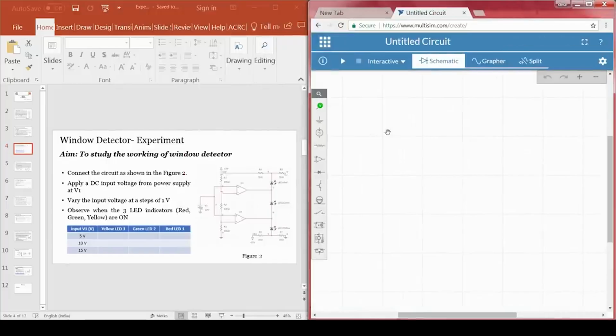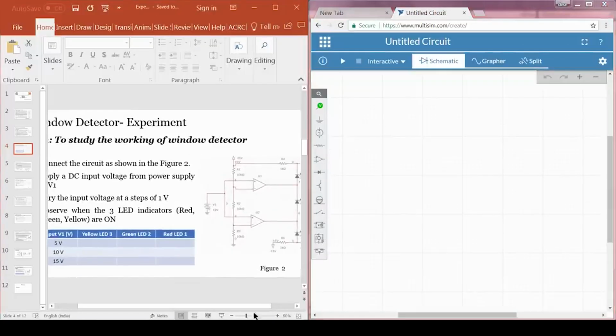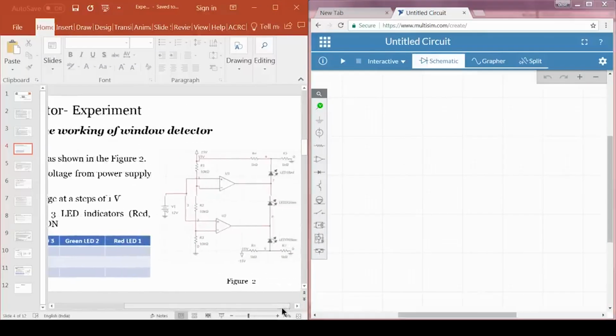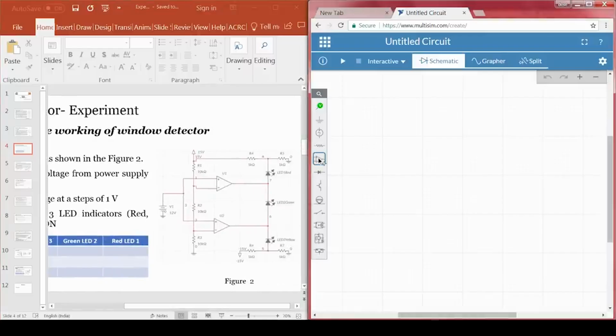Okay. So, now you can see we have Multisim here, he has opened it, and now he is going to drag the circuit components one by one that are required for designing the circuit. First he starts with the op amp. So, he has to select the op amp. He is selecting µA741, and once he selects it,